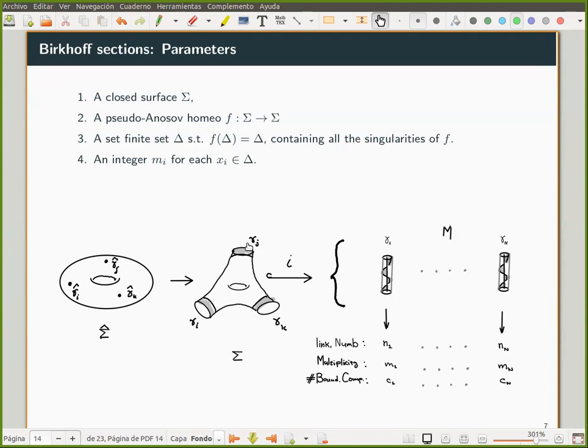The embedding, in a neighborhood of each boundary component, can be described with two parameters that are called the linking number and the multiplicity, which are essentially the number of turns that the surface makes around meridian and longitude coordinates. Okay, so